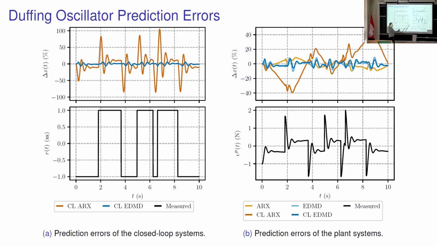Now let's move over to the right-hand side here. So this Duffing oscillator is actually asymptotically stable. So if we wanted to, we could actually identify things in open loop. So that's what this ARX and EDMD is. EDMD is a standard EDMD identified in open loop. Okay, and what we see is that our proposed approach and standard EDMD perform about the same. Okay, and then the ARX methods don't perform that great, basically because they're not capturing the nonlinearities. Okay, so this is basically saying, yeah, your proposed method works, great, but this is not really saying that it